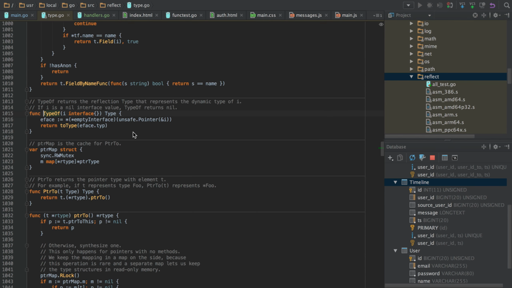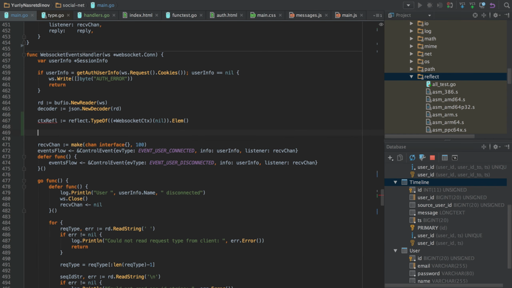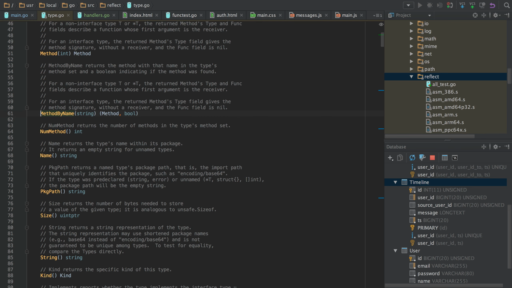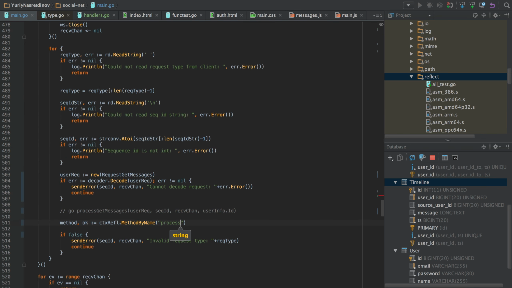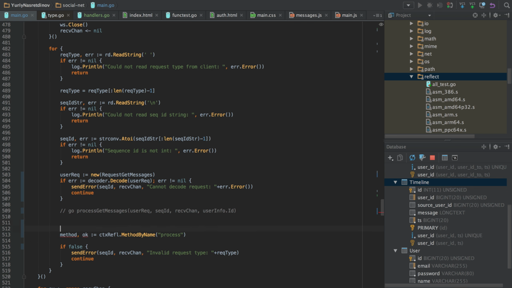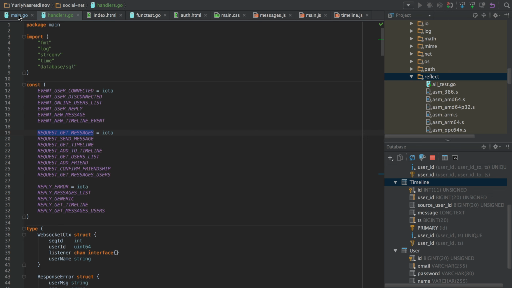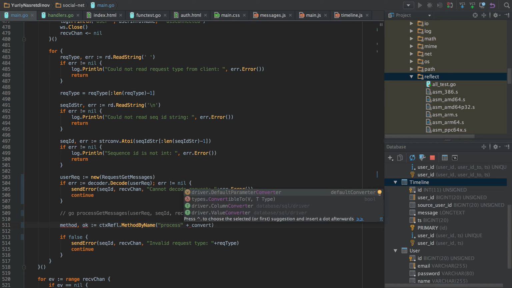As you can see, we create a type, reflection context, and get an element here, and get method by name with process and the request name.